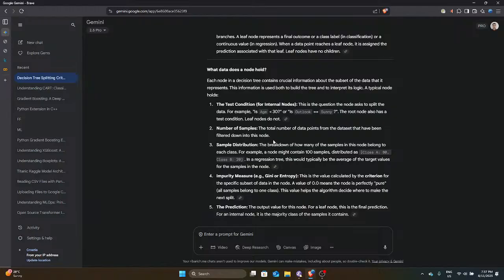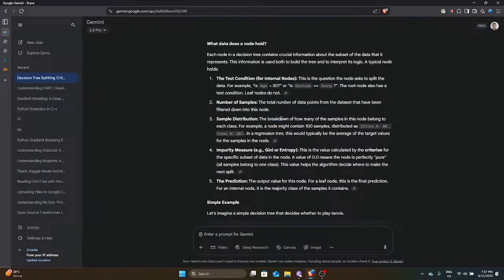Number of samples: the total number of data points from the data set that have been filtered into this node. A distribution: the breakdown of how many of the samples in this node belong to each class. For example, a node might contain 100 samples distributed as class A 80, class, well, that sounds like training data. So,